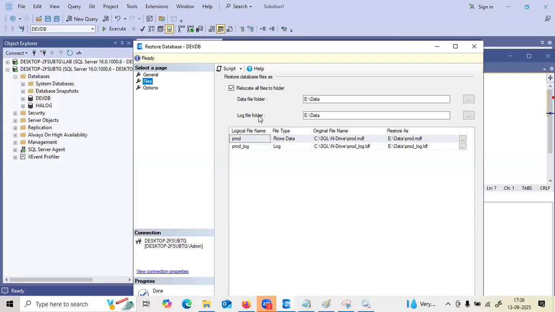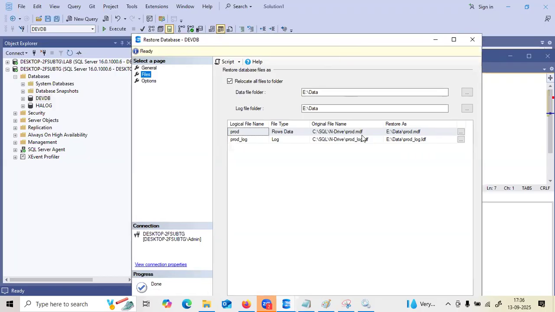Log file, which location you want to keep while restoring it, which extension you want to keep. If you want to keep it prod, you can keep it. If you want to keep it prod log, you can keep it. But always keep it to the